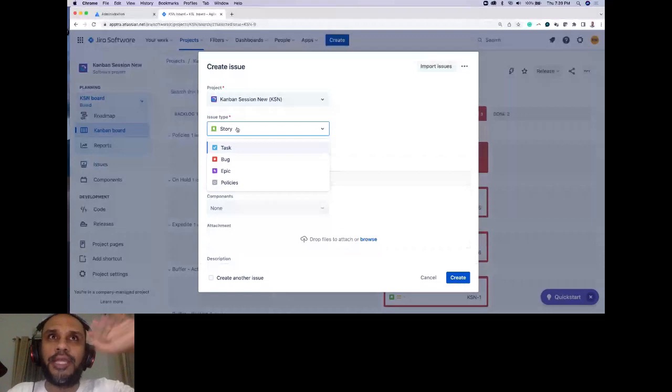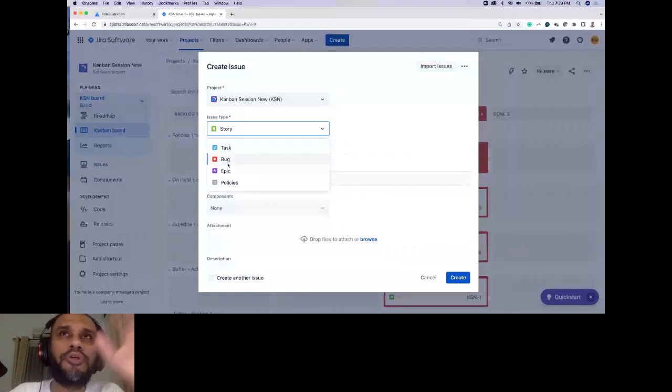Now again, why I explain this briefly is because of this. Most of the time, teams struggle, right? Or teams are not on the same page as to which issue type to use. I'm sure you'll have this. Some teams will use task when it is actually a functionality. Yeah, when it is actually a functionality of the system, they end up adding it as a task, right? And if it is a technical thing to be done, but still they end up adding it as a story.